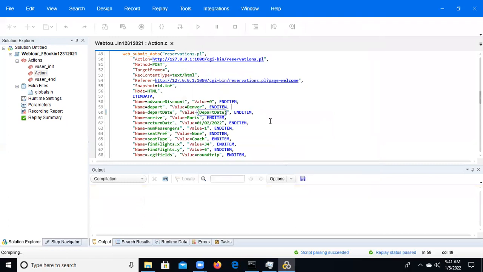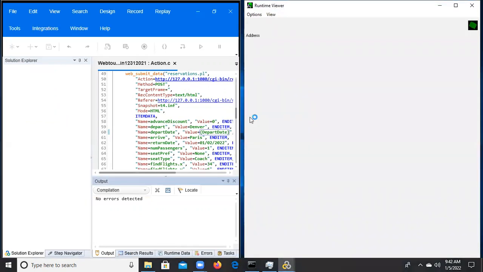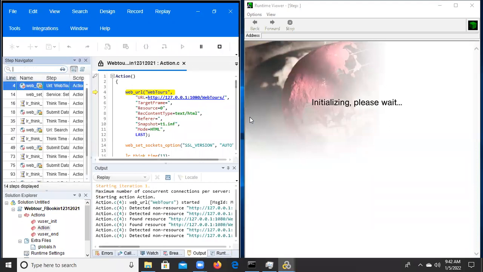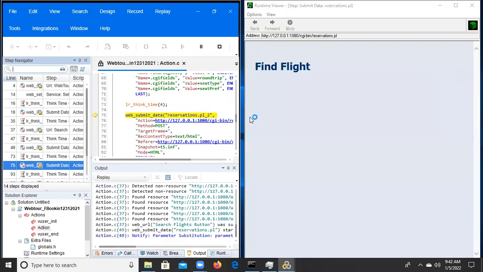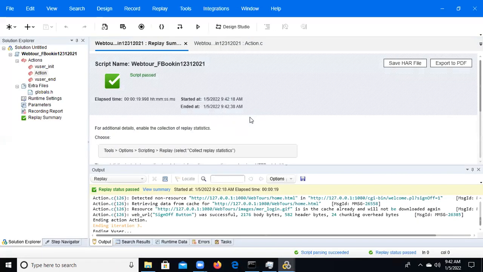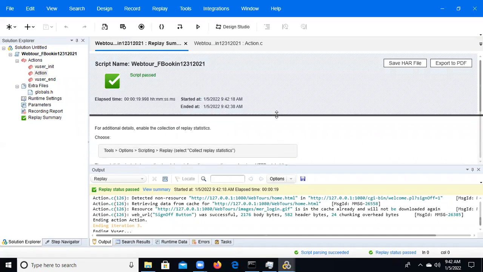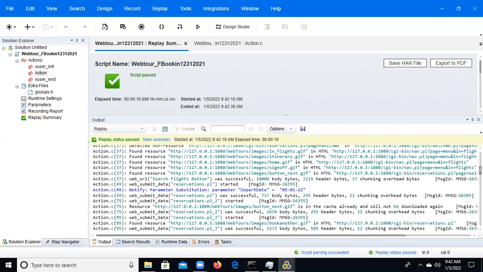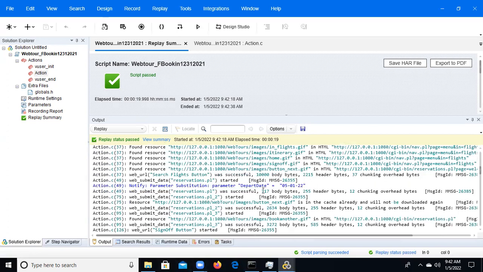See which value it has picked, the departure date. See the departure date, which date came? The current date came, 0/5/1/2022.